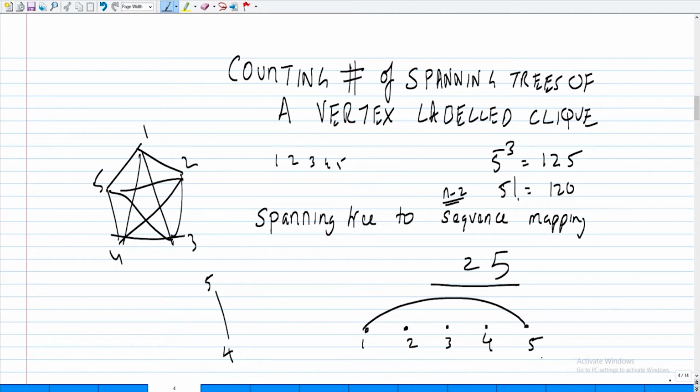So the least value in the set which is not in the sequence now is a 1, and I make it adjacent to a 2, right? So the least value in this set which is not in the sequence is a 1, I make it adjacent to a 2, and